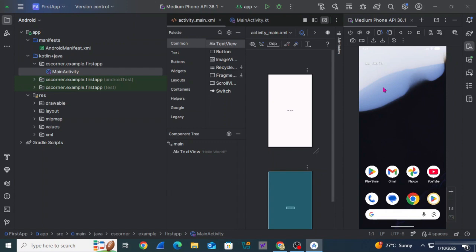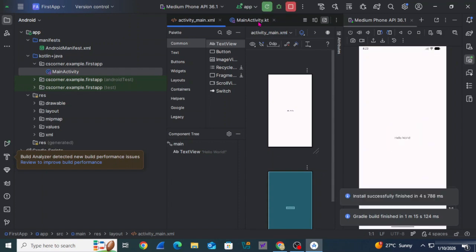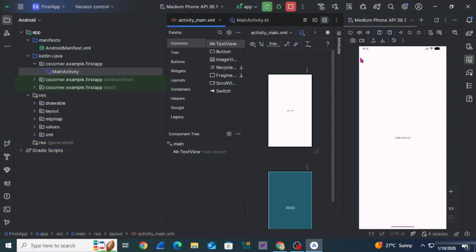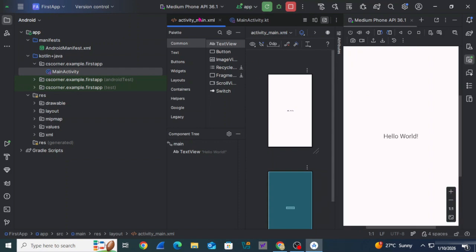You can connect your real phone also, and you can run your application. If you want to know how to connect a real phone and run an application, you can just watch my video. I have given the link in the description box, or you can click on the i button also. So guys, here I'm clicking on the play button, and you can see my APK has been installed on this. Here it's showing me this message. That means your APK has been installed on this Android virtual device, and you can see I'm getting my output. So Hello World was there, and that output I'm getting on this Android virtual device. So guys, this way you can create any type of application using this Android Studio, and you can run it on this AVD or on an actual phone.